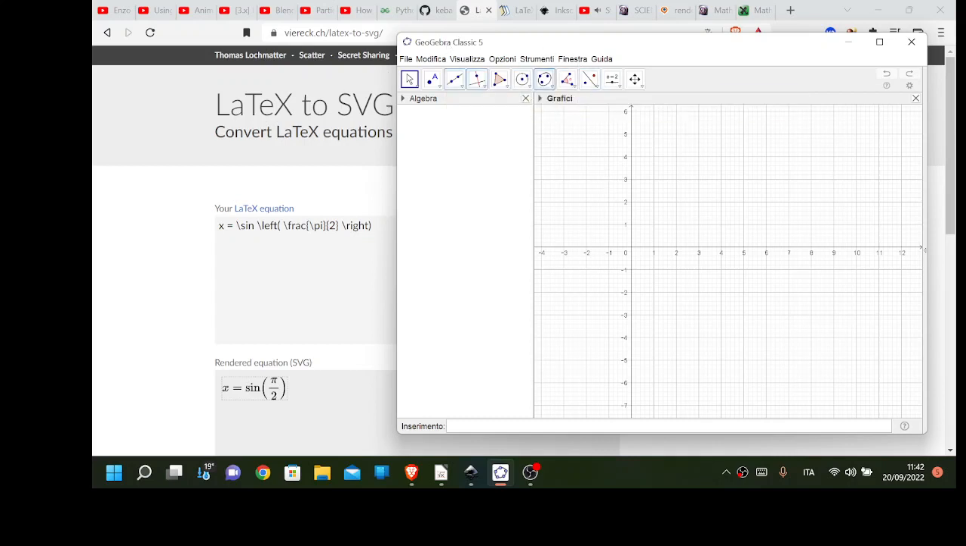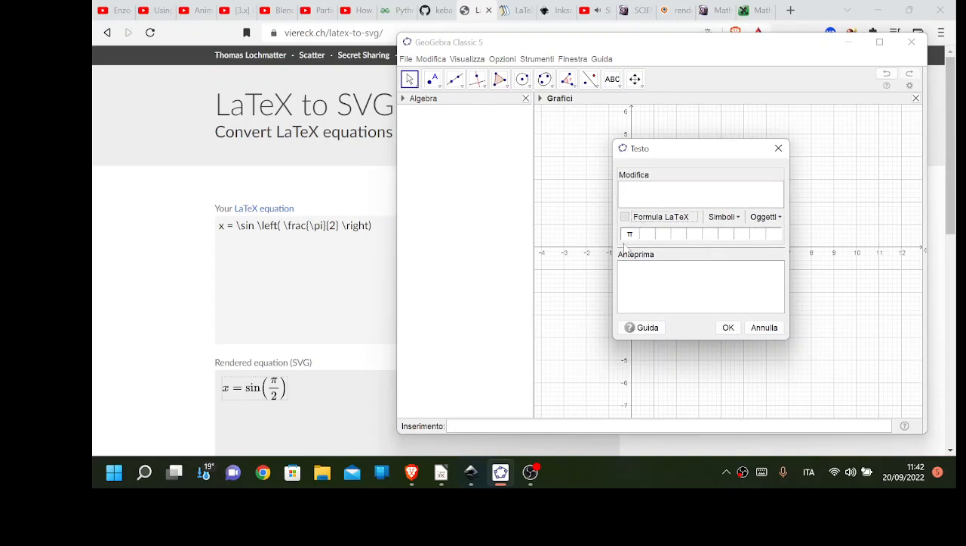So come over here in GeoGebra Classic, then select this one, click, then math formula, then you can use this. So how to write power 2? Let me,